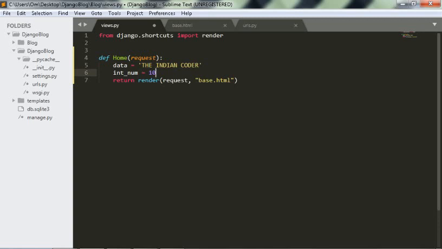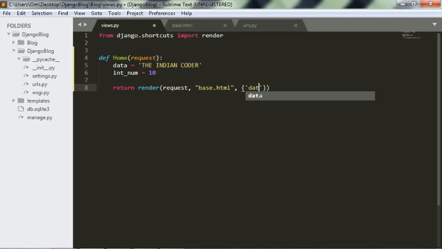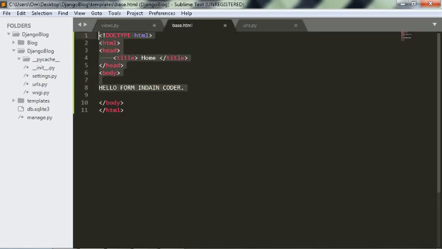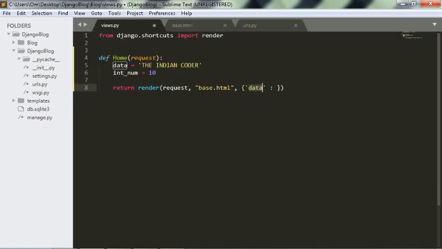Now let us pass this data into our template. To do so, create a dictionary object. I will name it data, and this should be the name of the variable by which you want to access the data in your HTML. I'll pass the variable data, and let us save it.